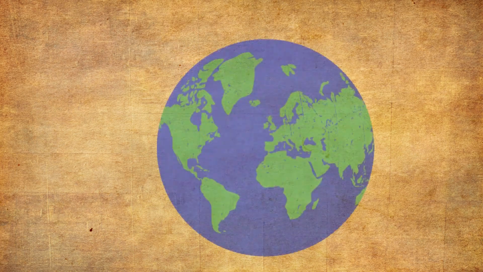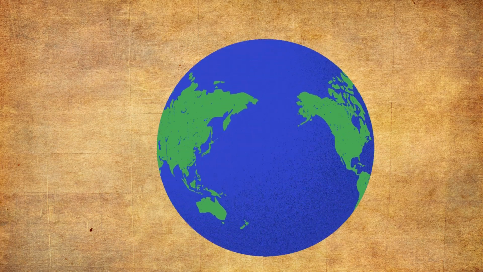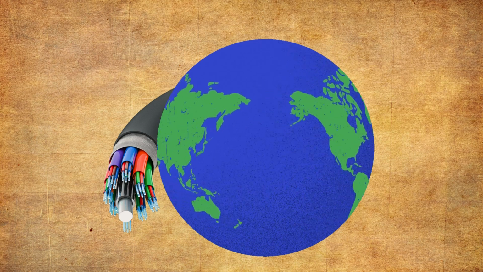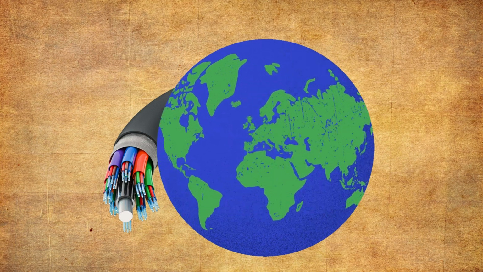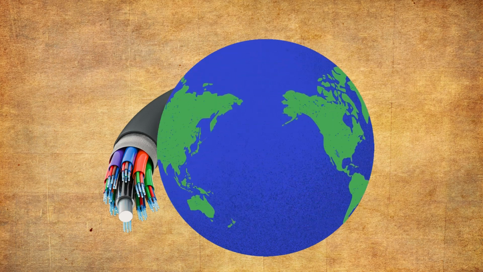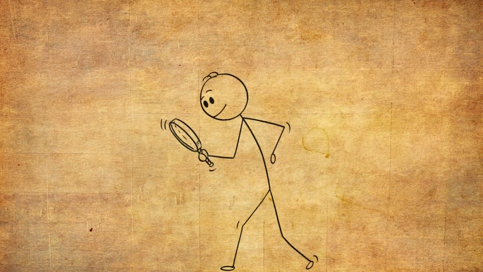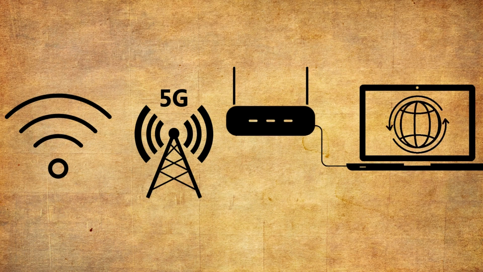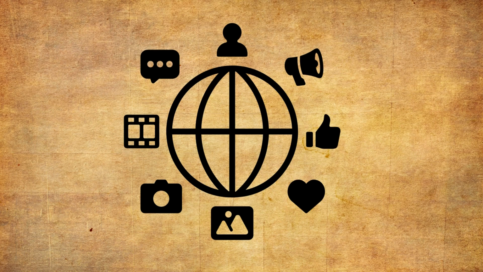Instead, most of the internet runs through cables, but not just any cables, optical fiber cables, tiny strands of glass carrying beams of light. Literal light zipping your data around the world, under oceans, across countries, and yep, right under your feet. And they're fast. So whether you're using Wi-Fi, 5G, or plugging into your router, your device is tapping into this massive fiber network that connects, well, basically everything.